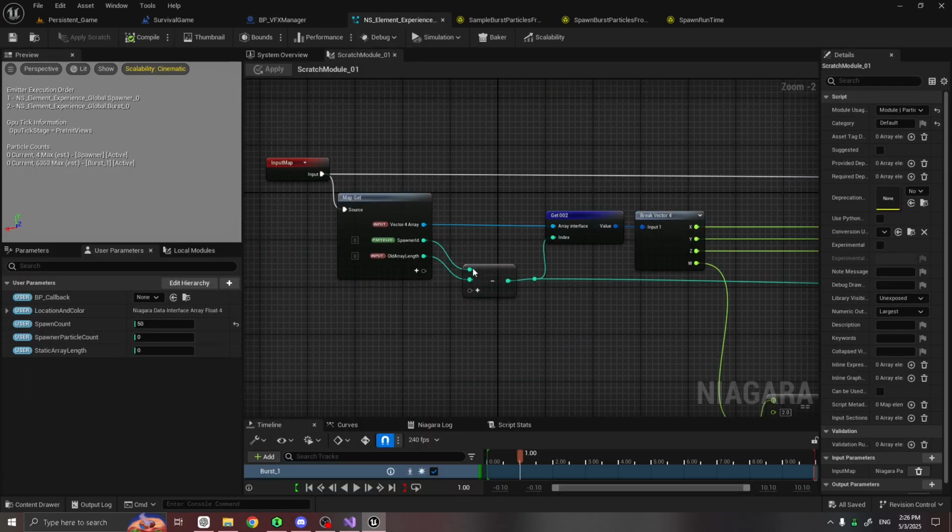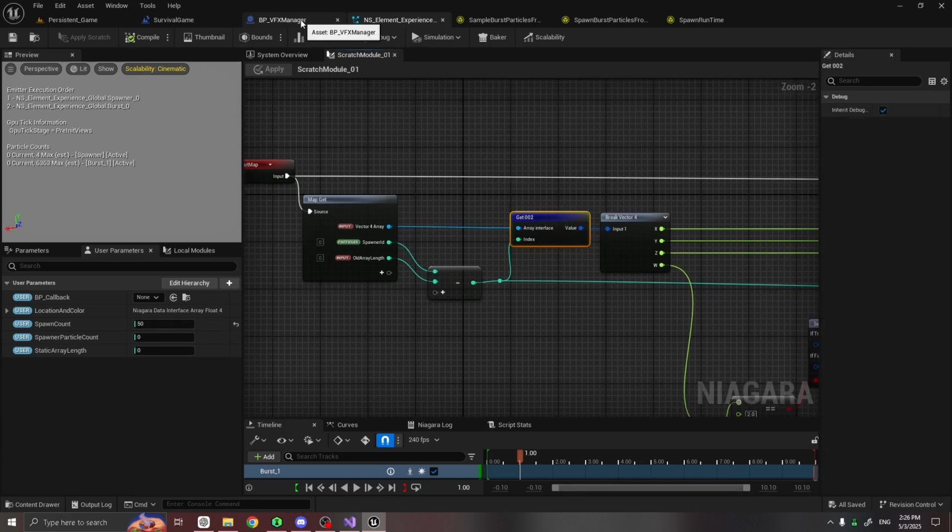And then if we again need to spawn new 5 particles, it's gonna be like 6 minus 5, for example. It's gonna be 1,